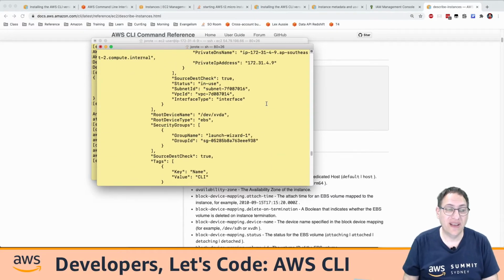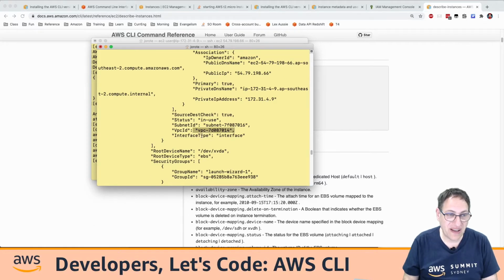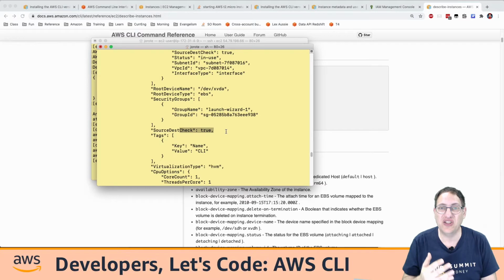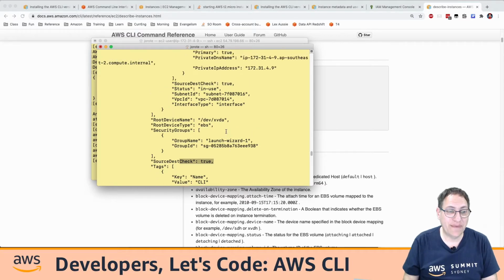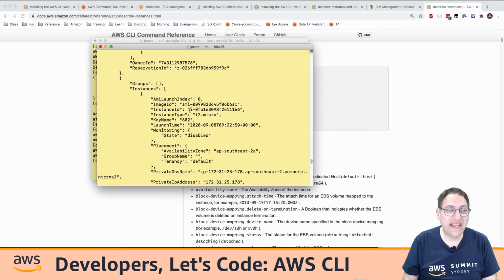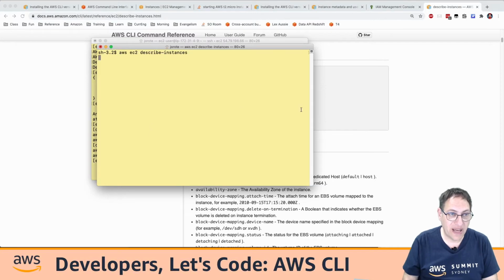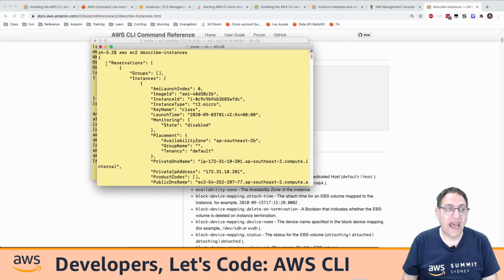Now this can be quite confusing because I don't care about my VPC ID or my interface type or my source destination check. I'm just interested in getting back, let's say, my instance ID. So please give me a list of my instance IDs. So how can we do this? I'm going to run that command again and go to the very top, and you'll see that it comes back with a list of information starting with reservations. A reservation is when you launch multiple instances at once. Let's say you want to launch 3 EC2 instances at once. That's one reservation, but 3 instances. So it brings back the reservations, within which it brings back instances,